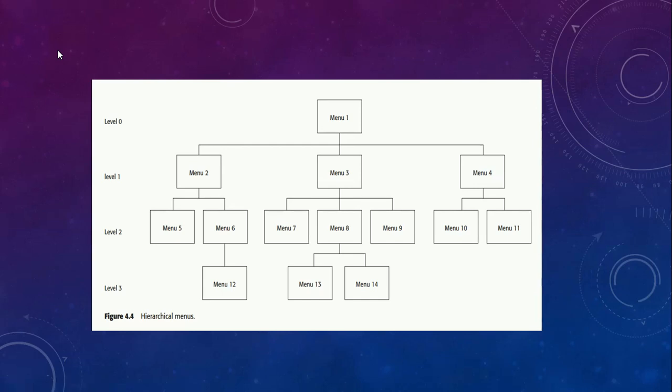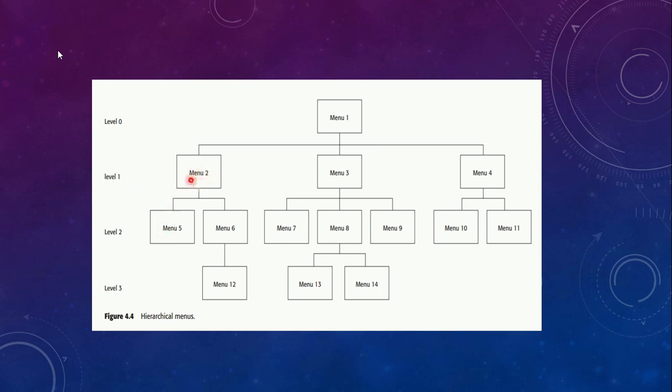See here you have a hierarchical menu list. There is menu 1 at level 0. So the initial menu list, whatever it represents, is at level 0. And next, if you see menu 2, menu 3, menu 4, they all exist at level 1. So suppose you have products, and in the next menu, maybe smartphones, and menu 3 was laptops and tablets. And next you had services like this. That was at level 1.